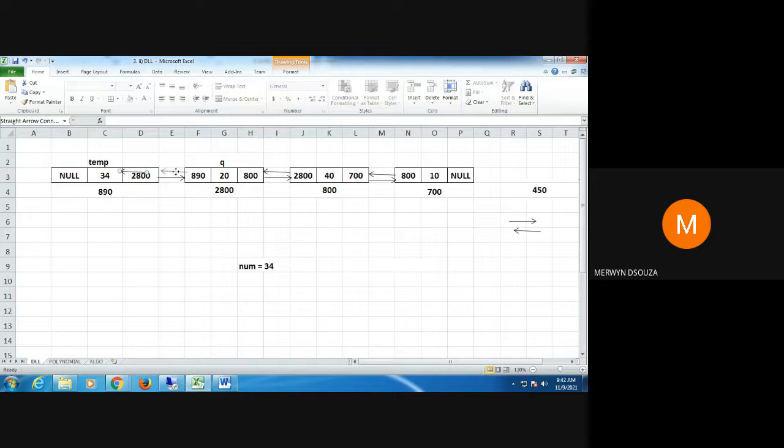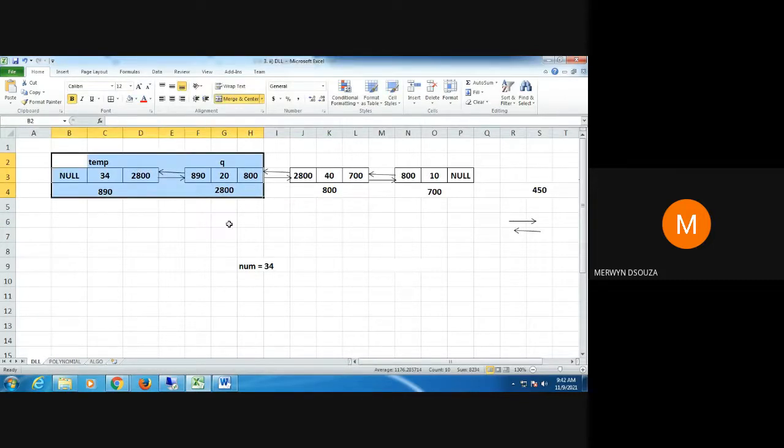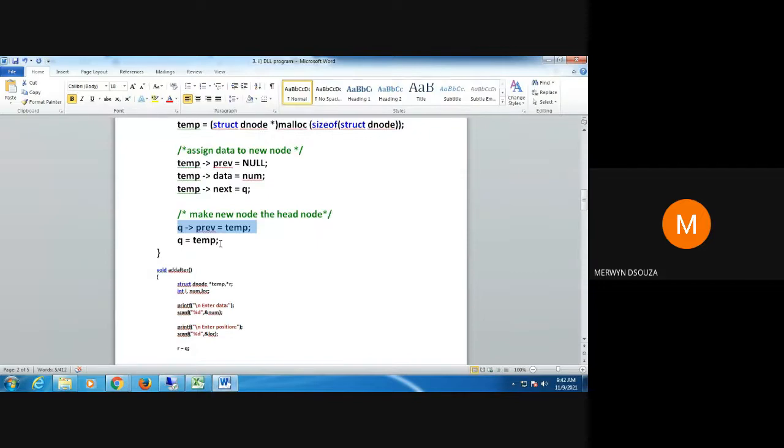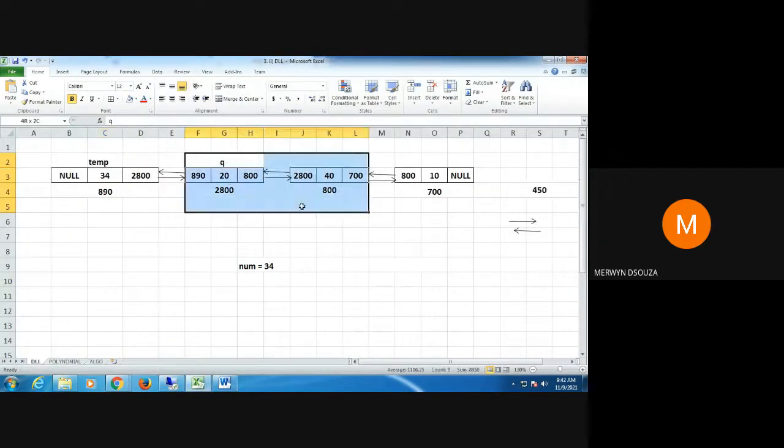This is the link that is formed. Okay. Now, once you do this, it's very important that you shift Q back here to the first node. If you exit the function without doing that, then it will be a mistake. You're always going to start your doubly linked list from the second node if you forget to do that. So before you exit the function, what you need to do? You need to make Q come to your new first node.